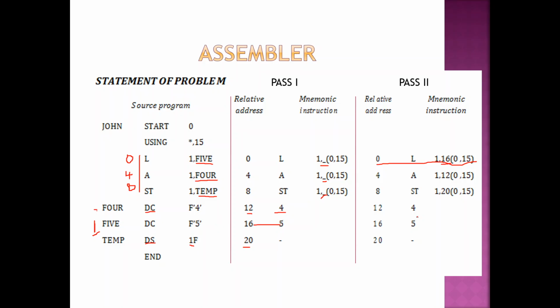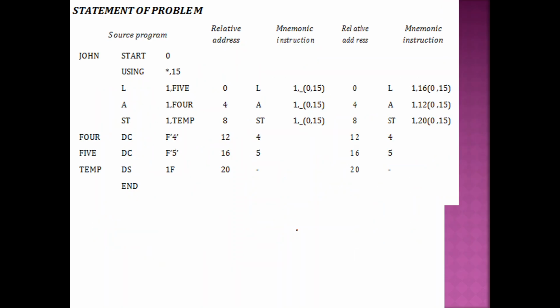It has to read line by line and find out the address of all the symbols. Yes, it has to find the address of whatever is left blank here, like symbols 5, 4, temp. So how can we do that? How can you find out the address for all the instructions and for all the data? When it knows the address of all the instructions and data, then it can easily assemble it. So how are we going to do it? I told you there is a standard method to do it, right? So what is that standard method?